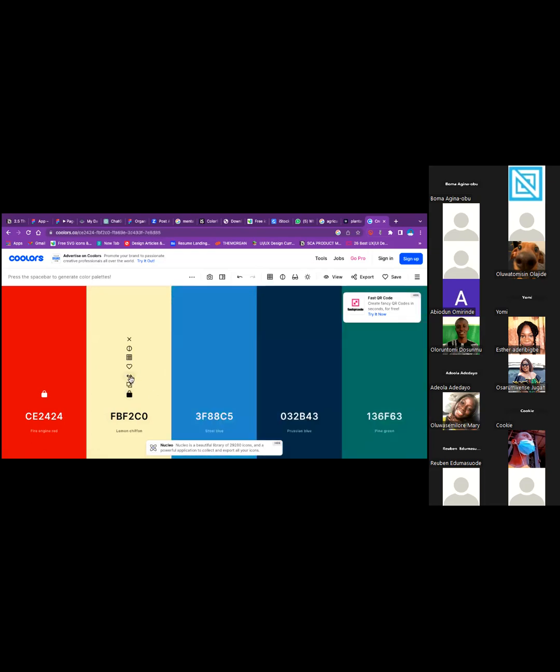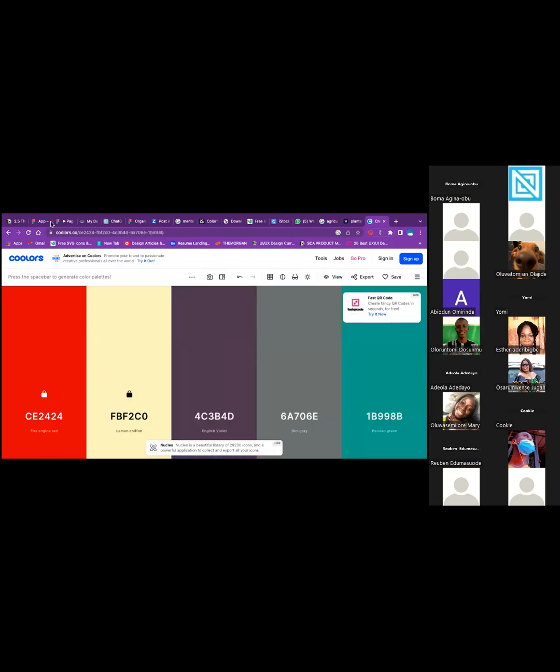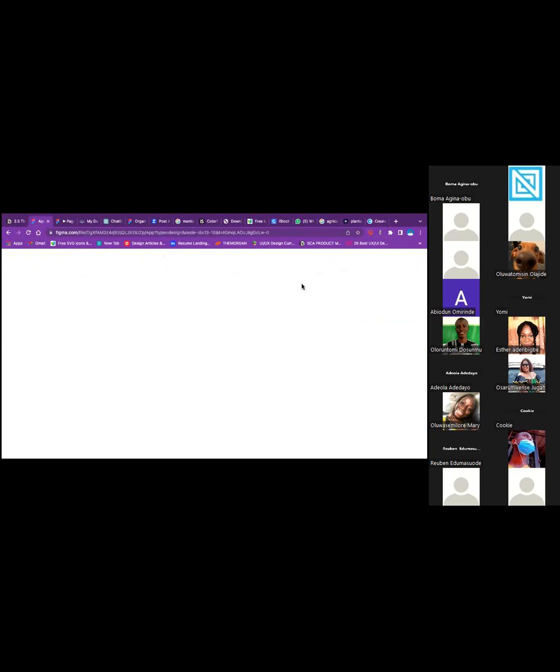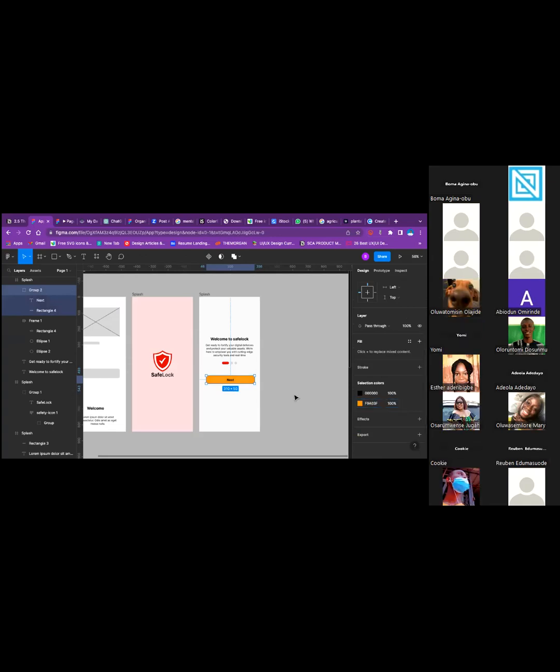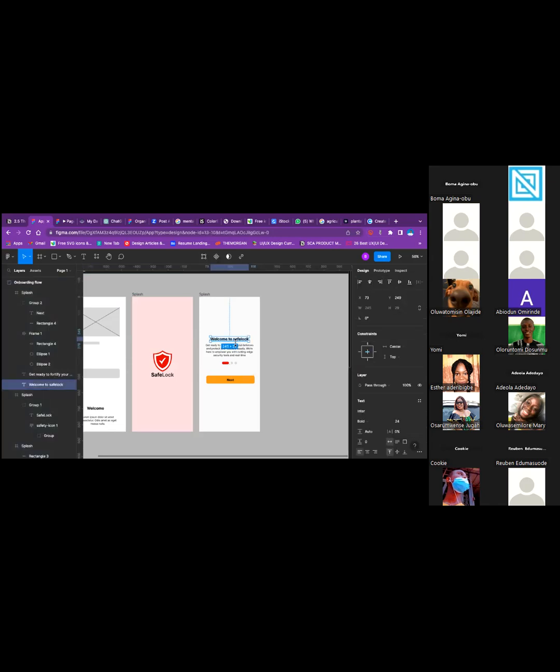And the next, just hit your space bar to be generating colors that will match. Since I already have the orange, I'll come here and use that particular orange that I copied and paste it instead. So you can see it now. This is what for